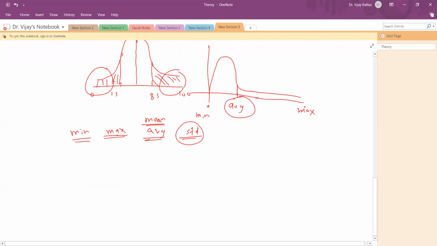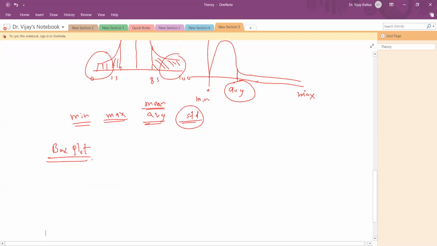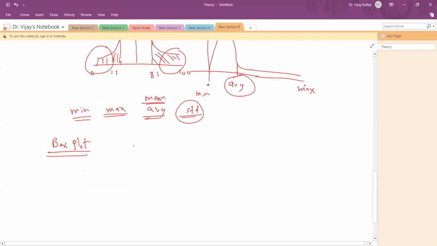Now we know there is an outlier, but how will you come to know which points are outliers and which are not? For that, we can use a box plot. How can we use a box plot for that? Everyone must be knowing this. Let's say my values are something like this: 0, 1, 2, 3, 4, 5, 6, 7, 8, 19, and 20.